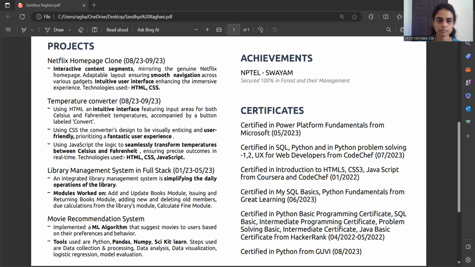The main challenges faced here are user interface design, creating an impressive and visually appealing layout to enhance user experience; real-time conversion logic, implementing JavaScript logic for precise and instant temperature conversion. I used the Celsius to Fahrenheit conversion formula and the Fahrenheit to Celsius conversion formula in JavaScript.